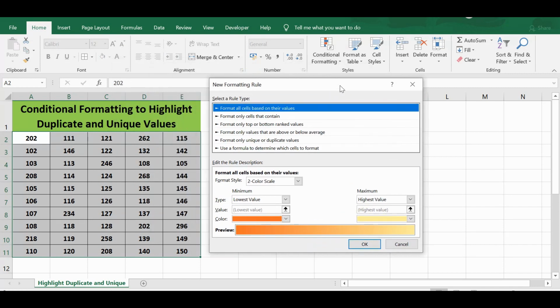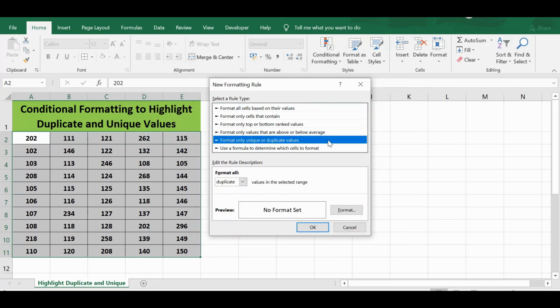In this window we have a rule named format only unique or duplicate values. Once we select this, at the bottom we can see a drop down where we can select duplicate or unique. So we can select either of these options. Let me select duplicate